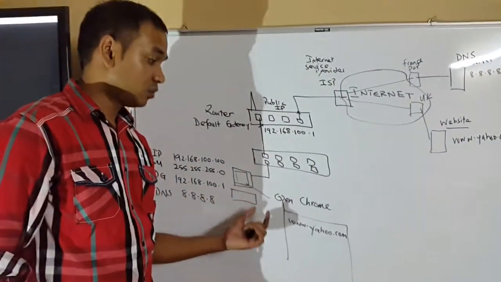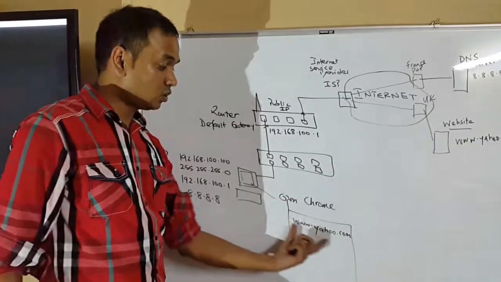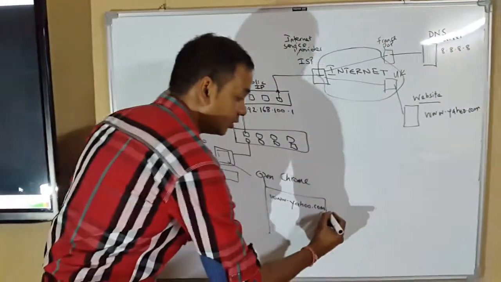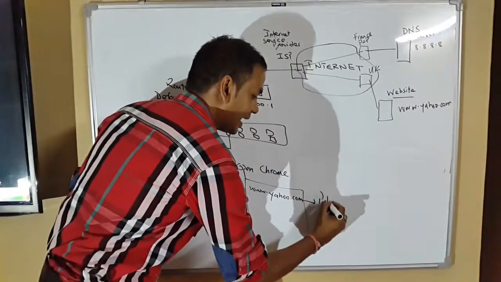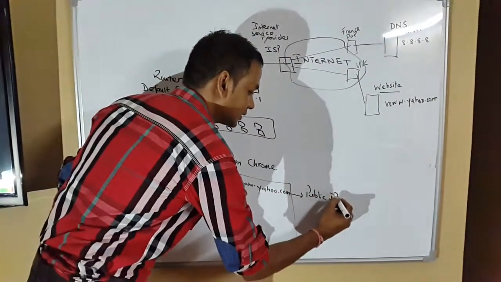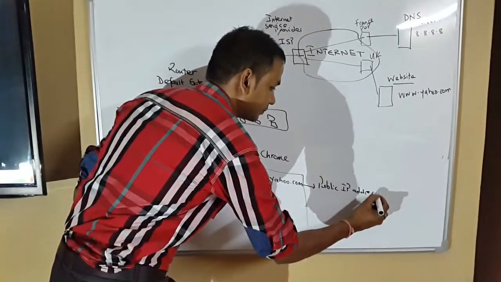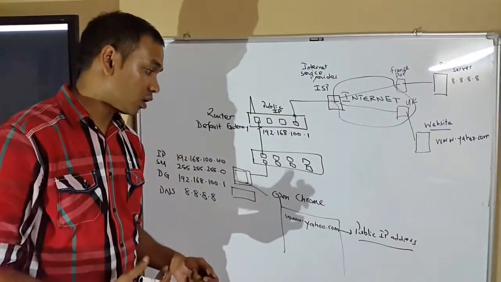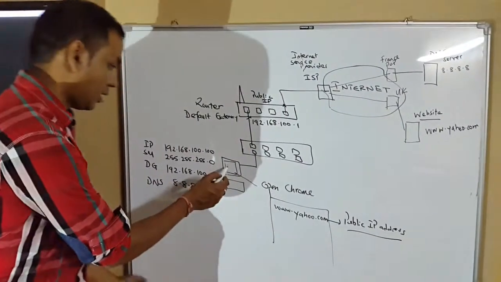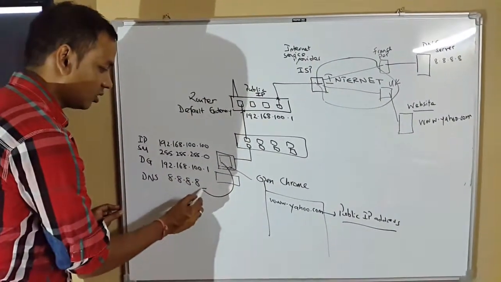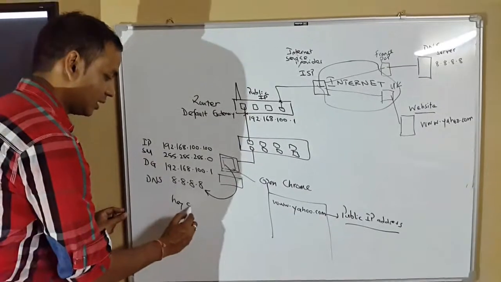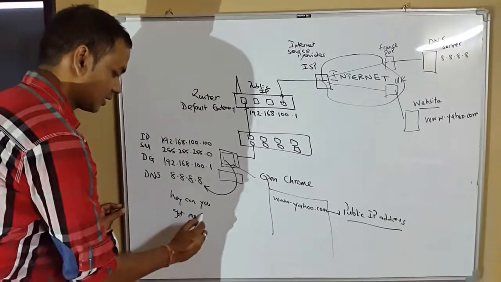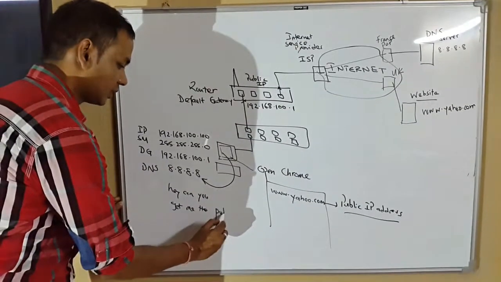My PC now, for that PC to give me the web page yahoo.com, first of all, it will need the public IP address of yahoo.com. Where it will get the public IP address of yahoo.com, my PC will query its DNS server. It will say, hey, can you get me the public IP